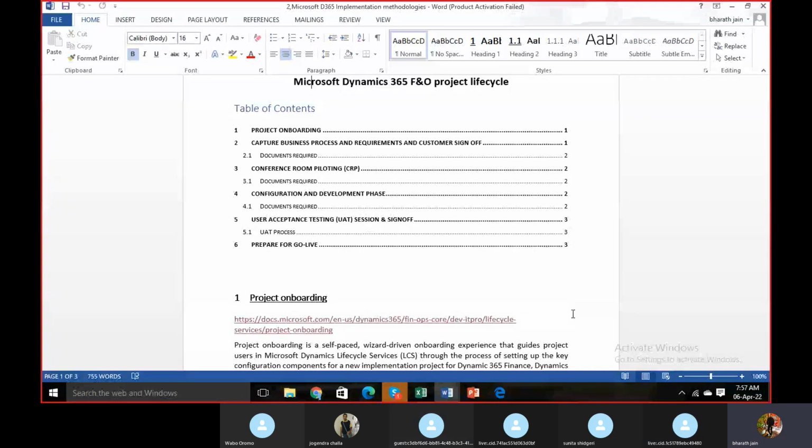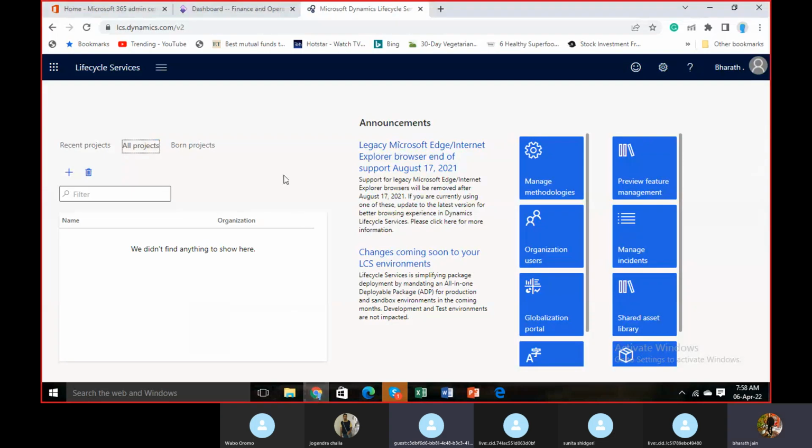Hello. Mr. Bharat, I have one question regarding the LCS. You have shown me that there is some LCS environment. After the go live, what is the use of this LCS from the user side? Once you go live, the main purpose of the LCS is